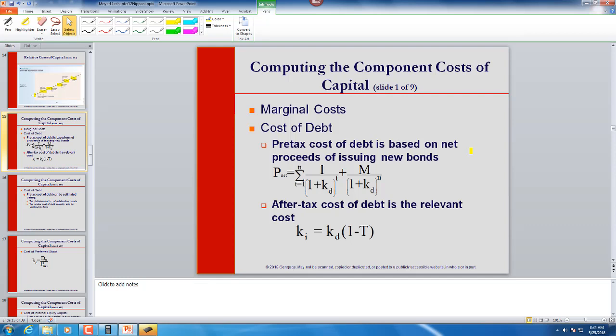Now, we get into the crux of this particular chapter. Now, what do I mean by the crux of this particular chapter? Let me use the green pen here. Green. All right. What is marginal cost? Marginal cost is the cost on the next dollar the company